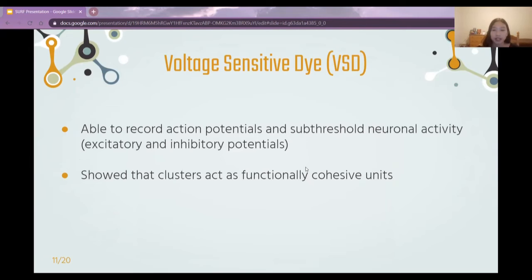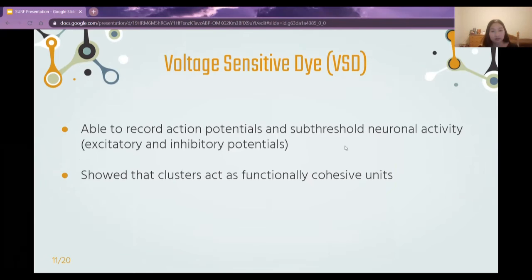If you're familiar with action potentials, VSDs allow us to record the subthreshold neuronal activities instead of just the spiking. This activity is what we refer to when we mean that the leech neurons yield strong output signals. By using VSDs, we were able to show that synapses work in clusters for different behaviors, which we'll show on